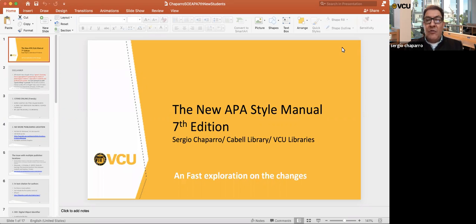It came recently, and we're still in the process of transitioning to this new edition. For those of you who are not aware of the requirements of this edition, there are multiple changes that you need to be aware of. A great portion of writing research has to do with following the patterns and the rules of writing about research. And the APA style manual will be your best friend at any time when you have to write a paper and you have to follow patterns and guidelines to communicate the research that you are embedded in.